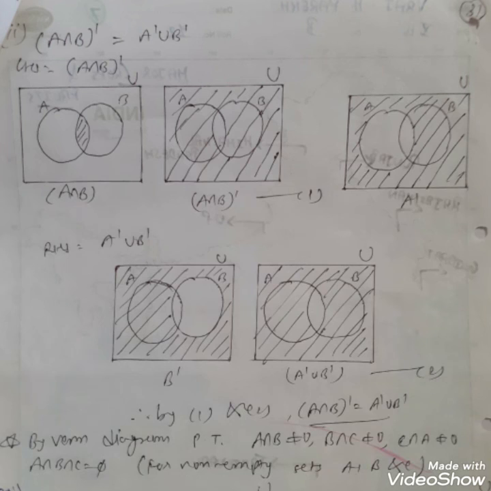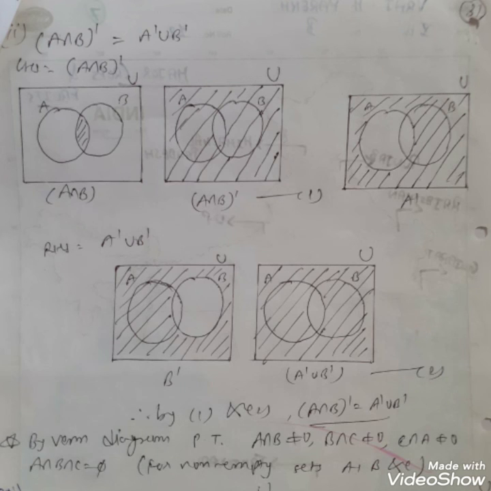is the union of the complements of the two sets, that is A' union B'. So here first we have to show the Venn diagram of A intersection B. Our left hand side is (A intersection B)', and A intersection B means that we have to darken the region where common elements of A and B are given, that is the first diagram. Then its complement means we have to remove those elements which are present in both A and B. So only those elements are present which are in the rectangle and circles A and B, but the common region is not included, the result is 1.